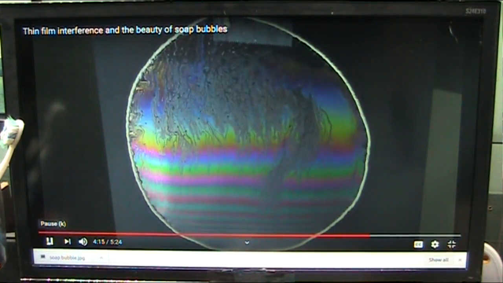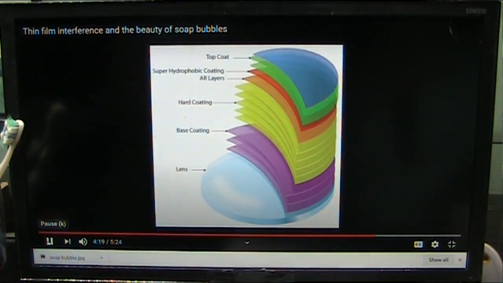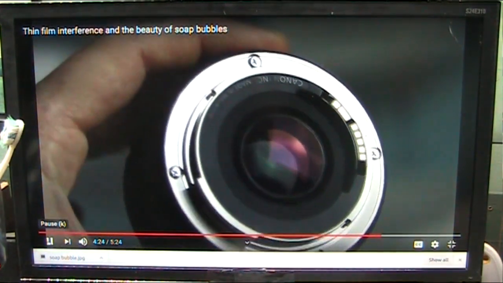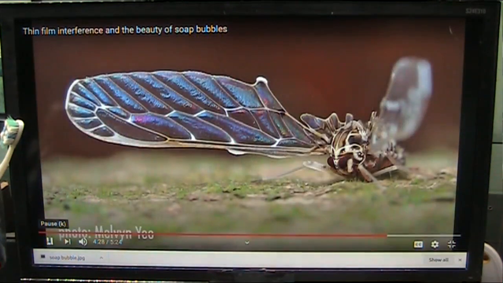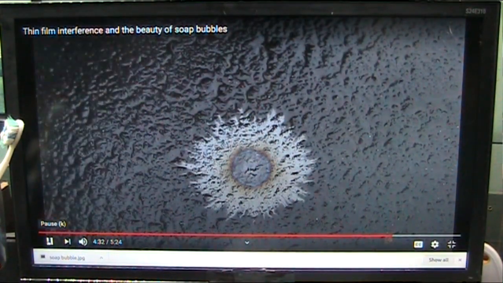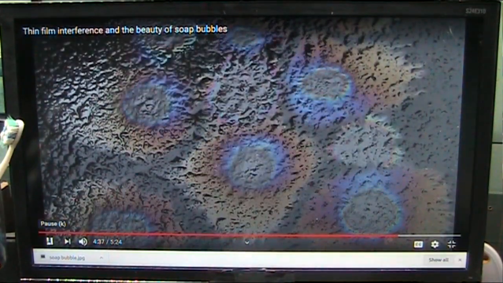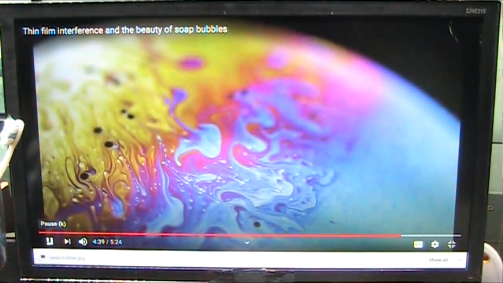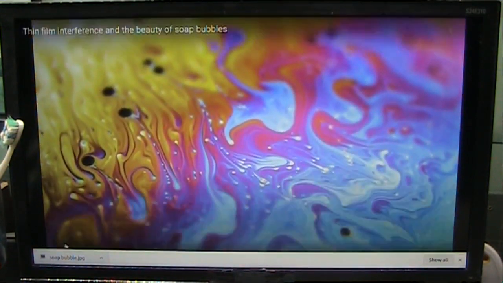These concepts can be applied to practical uses, and most optic systems, for example, have a thin film coating to cancel out certain wavelengths. We also see thin films in nature all of the time. The wings on insects are a great example, but you've probably seen it just on the street on a rainy day. I thought I'd end this video with a few images that I took of some soap bubbles, and now equipped with an understanding of the physics, I think they're even more interesting.